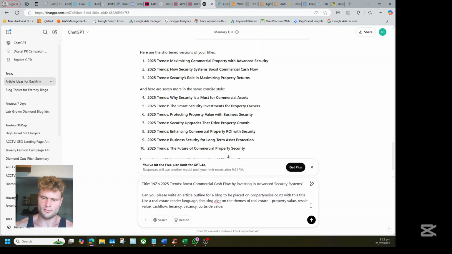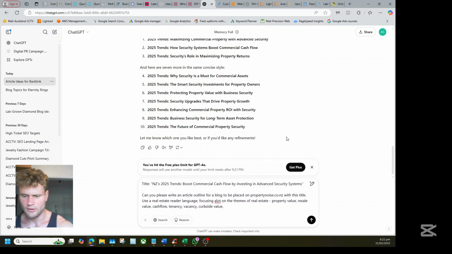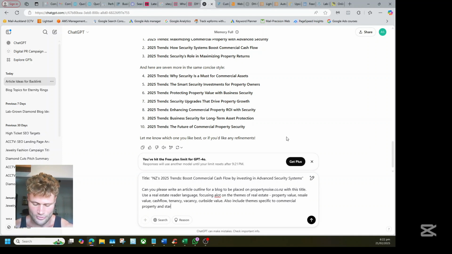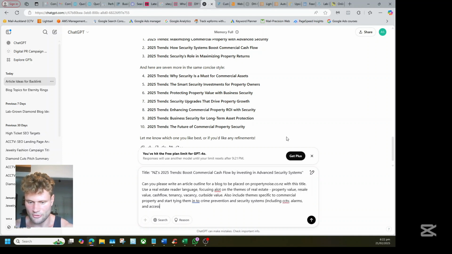That's just basically what it appears to be worth from the curb. And we're going to say also include themes specific to commercial property and start tying them into crime prevention and security systems, including CCTV, alarms, and access control.